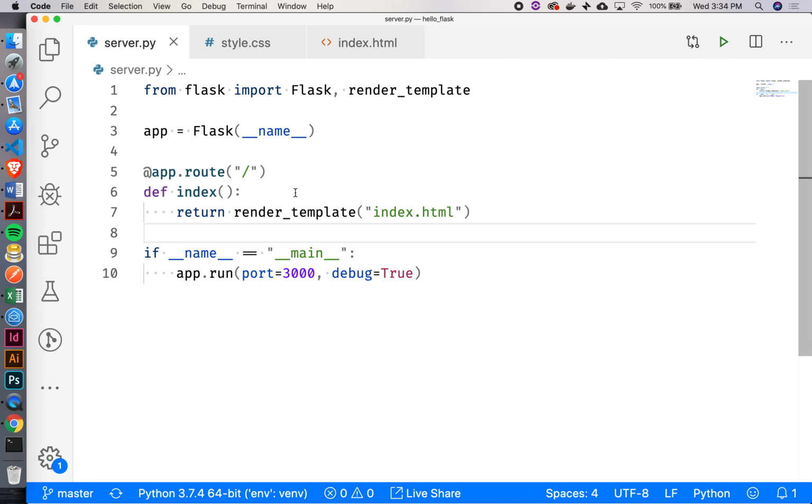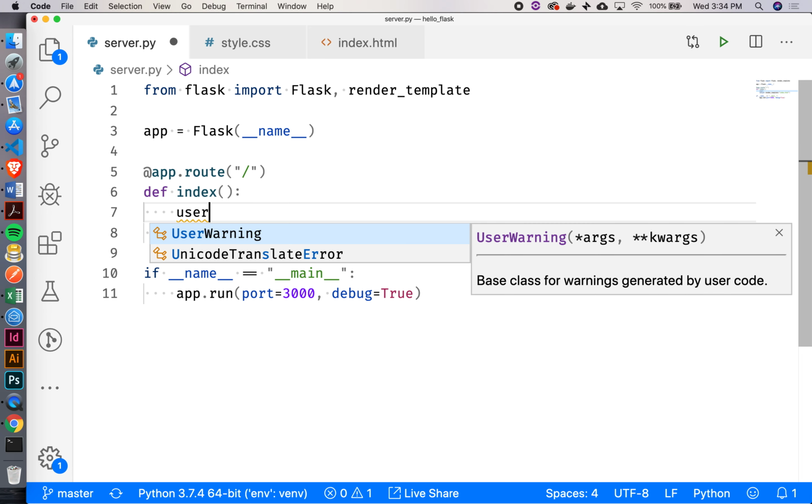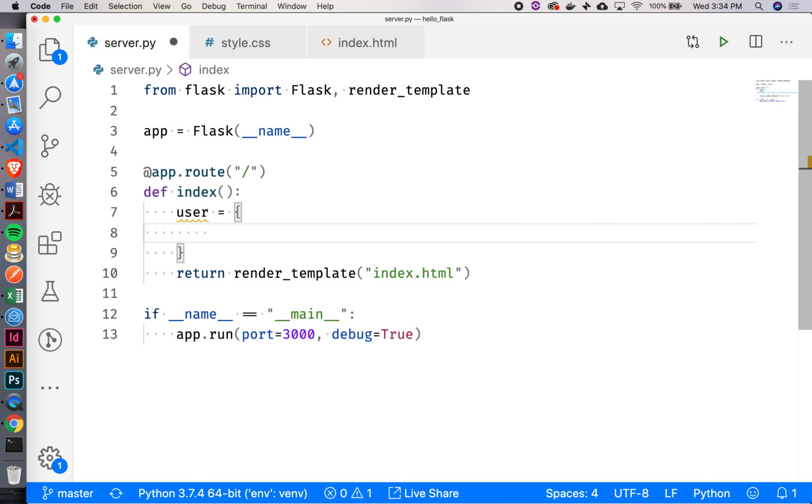And here, when I'm going to render my index, I can create, say, a dictionary that just has different bits of information about AJ. So we could just say, I'm going to create this variable called user, which will be a dictionary. And then let's just put in some pieces of information. So we'll say first name,